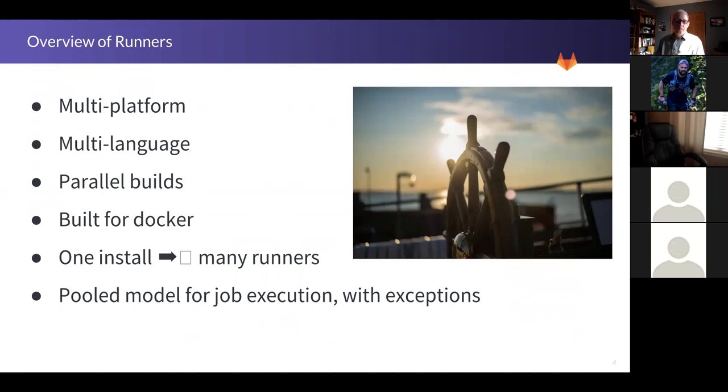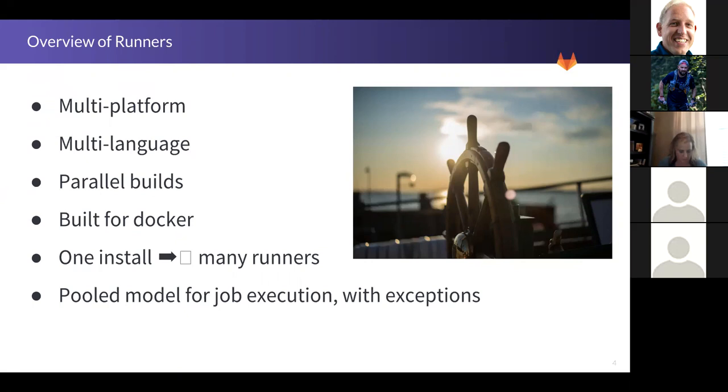It's also multi-language, so it's agnostic to what programming language you're using. You can just use the runner for any language. It enables parallel builds, so builds don't have to happen in sequence, they can happen in parallel. It's built from the ground up for Docker, which is something unique about GitLab CI/CD, that our runner is built for Docker.